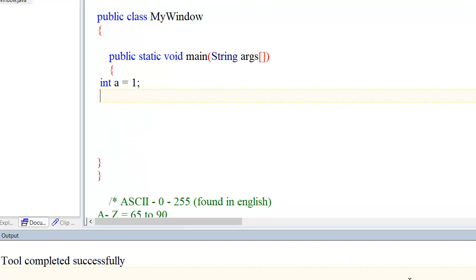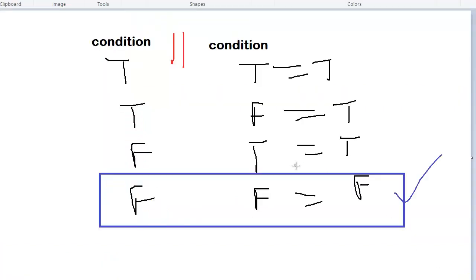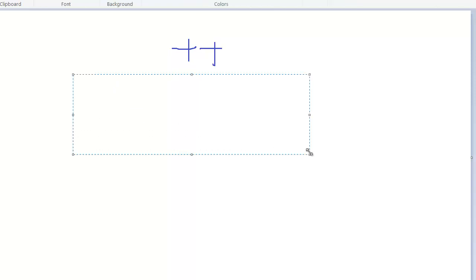Now we are moving to the plus plus and minus minus operator. See, plus plus operator is used in two ways. Use of a plus plus sign. I am writing int a equal to 5. So I will write a equal to a plus 1. What is the value of a? The 6.